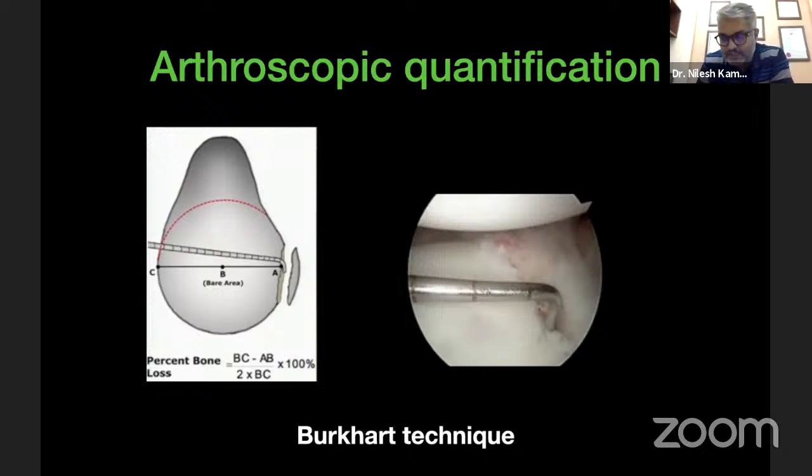However, Matt Provencia and co-workers have shown that this is not a reliable method because the variable here remains the position of your posterior portal. Because the glenoid is not a classical circle, if there is variation in the posterior portal placement, it need not necessarily give you accurate measurements, and that's the reason why this might not be as reliable as what was thought earlier.